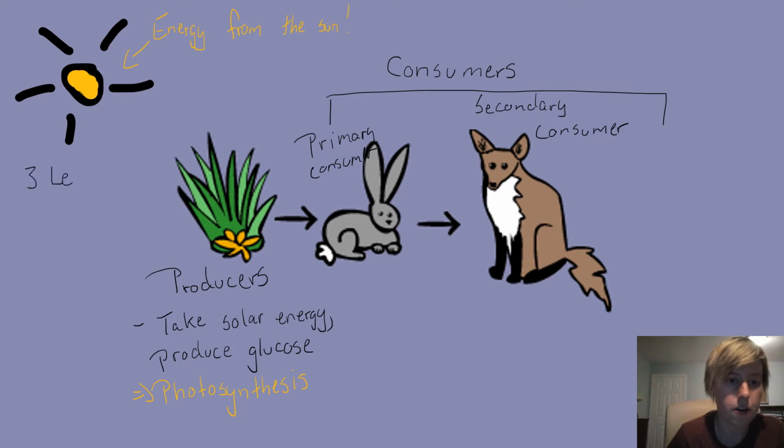Now, this is a very simple food chain, and this food chain has 3 levels. The reason why it has 3 levels is because it has 3 distinct living organisms. Producer first, the rabbit would be the 2nd level, and then our fox would be our 3rd level. Because our fox is on top, it also has a special name: the top consumer, because there is nothing else that eats the fox. Now, we're going to look at another food chain that's a little bit more complex.